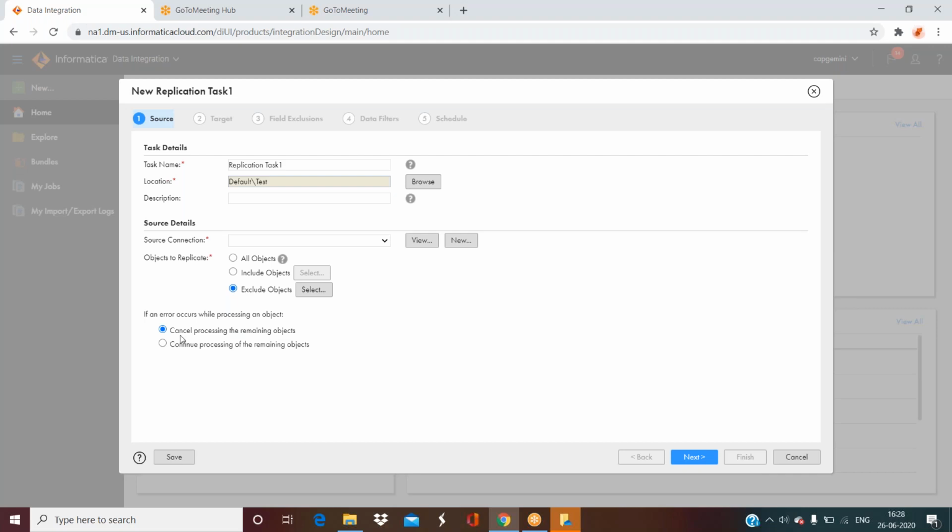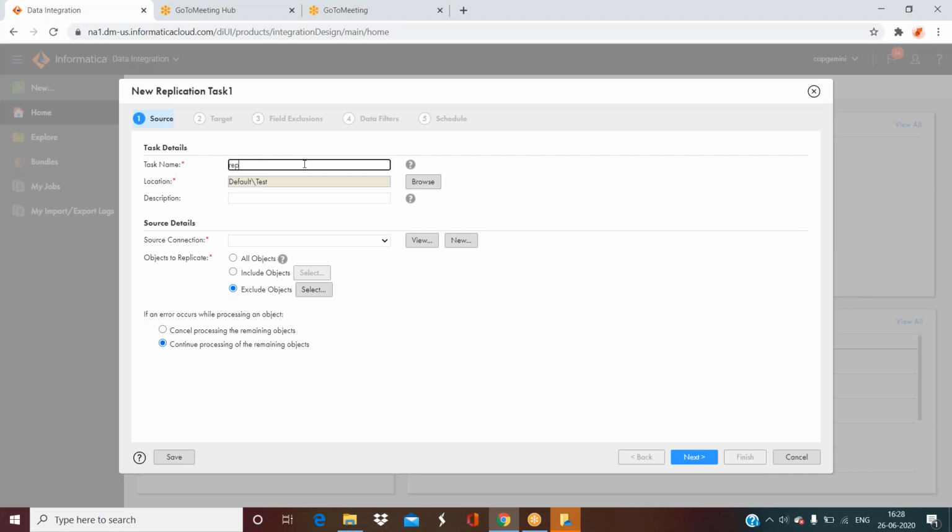For that, enable this option. Or if you want to continue processing the remaining objects, select this option. So there are 2 options for what step to take if any error occurs, whether you want to continue or cancel. Let's keep this as continue.